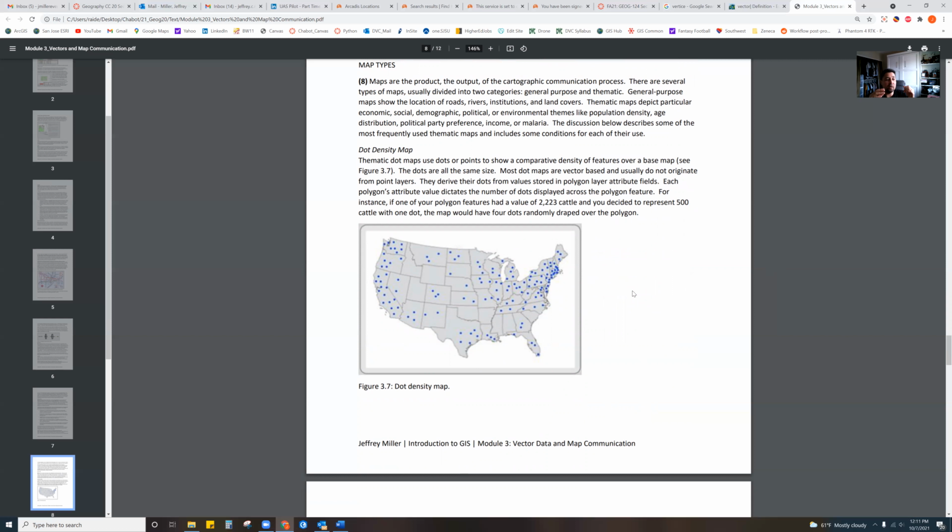Say it represents income levels. Or actually, here's a better example. Say the dots represent the amount of fast food locations. Notice I didn't say the amount of one specific brand, but the amount of fast food locations in a state. Now you might go, well, I'm looking at California. There's more than 10 fast food restaurants in California. So the point is not to say that each dot represents each individual feature, but each dot represents some type of